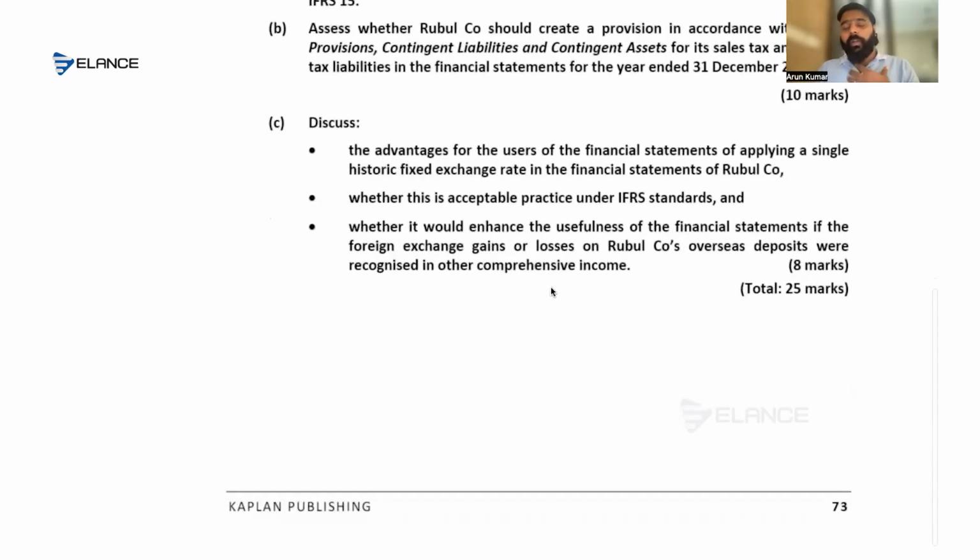So if you want, according to the principles, not as per the standard but according to the conceptual framework, we can give a recommendation that since there's volatility in the exchange rates, it's better to show it under OCI for the time being, and later on reclassify to P&L. That's a suggestion we can give because that will give more reliable information to the users. Otherwise, this gain or loss will keep changing repeatedly. So for better presentation, you may recognize it under OCI initially, and later reclassify to P&L. That's completely a discussion part. Is that clear, everyone?